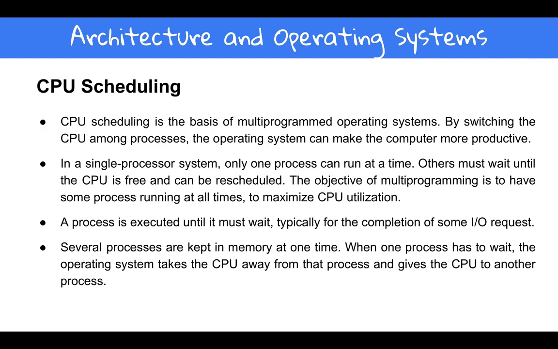Because we are talking about multiple programs, we have a lot of processes which are kept in memory at one time. When one process has to wait, the operating system takes the CPU away from that process and gives the CPU to another process. So this is the whole job of the CPU scheduler: to give one process to the CPU, and when the process is finished, take it away from that, or if it has to wait for an input-output, put it in the wait queue, and give the CPU to another process to be